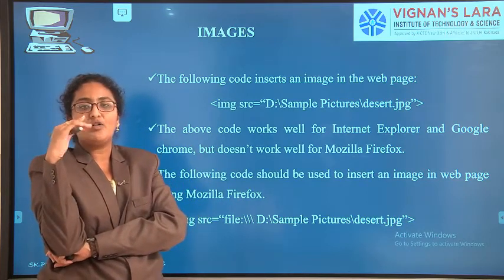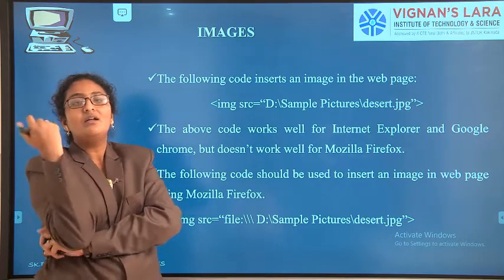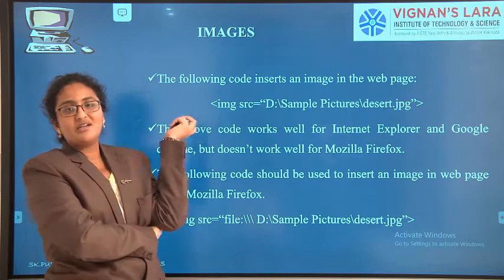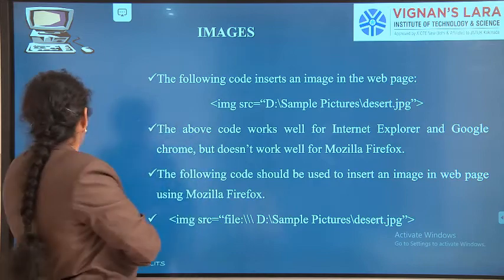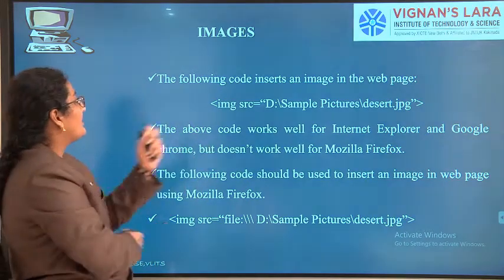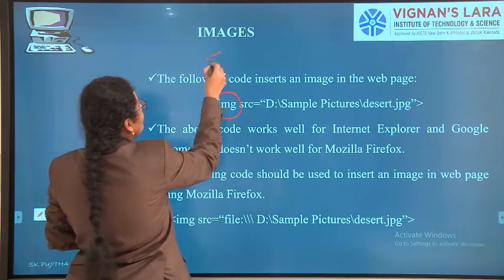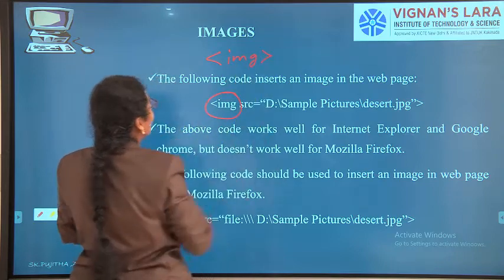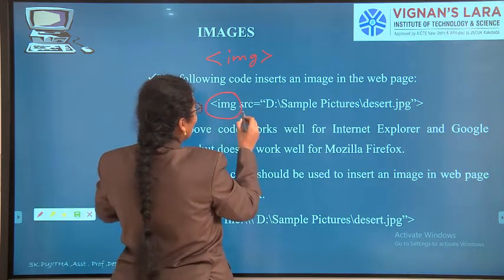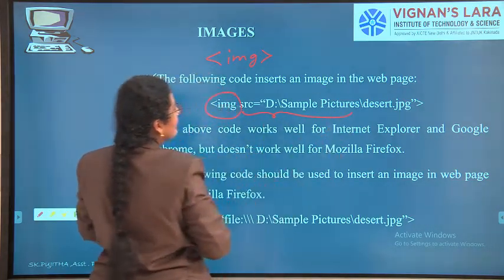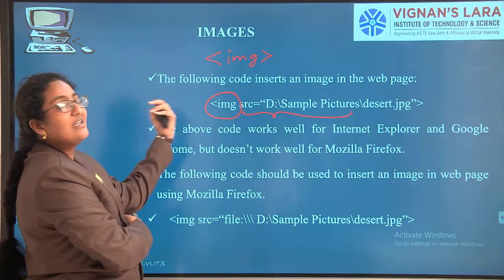So Unit 1 of Web Technologies, as I already told you, we are using HTML language for different things. So what we are going to discuss in today's class is how we can work with images using HTML. If you want to insert an image in HTML, we have the tag img, the image tag. Every tag should be in between angular brackets. We should give a source, the source for the image. By using the image tag, we are going to insert the images.